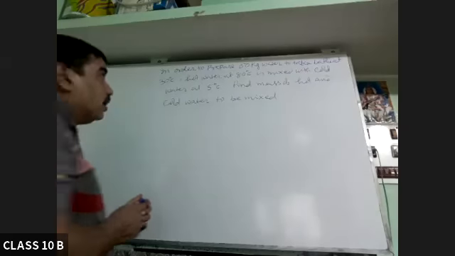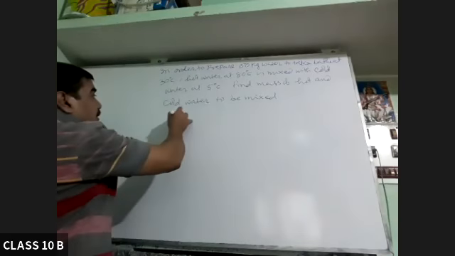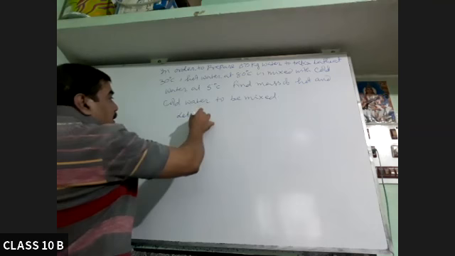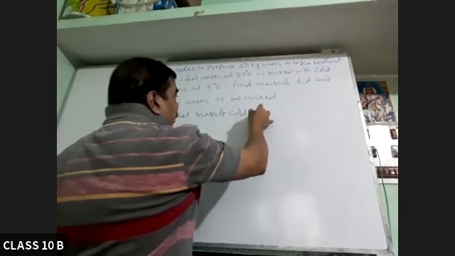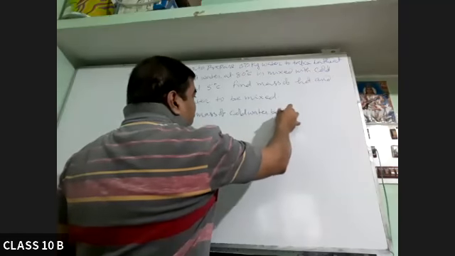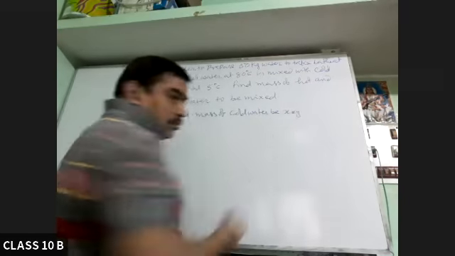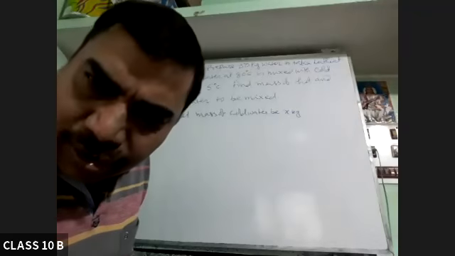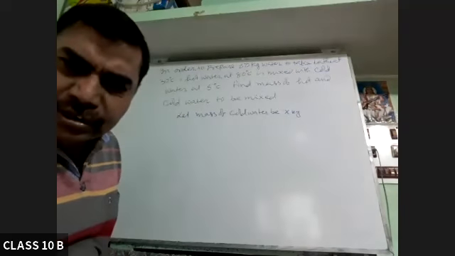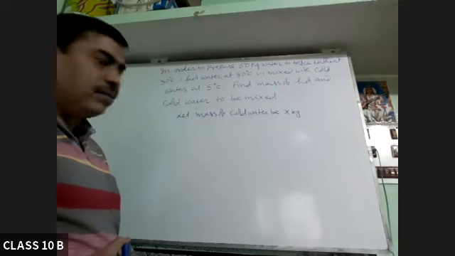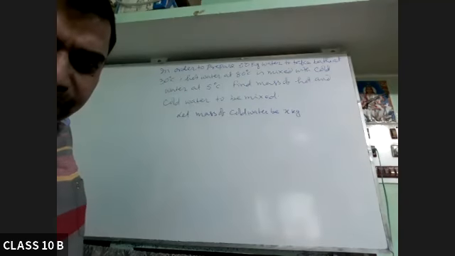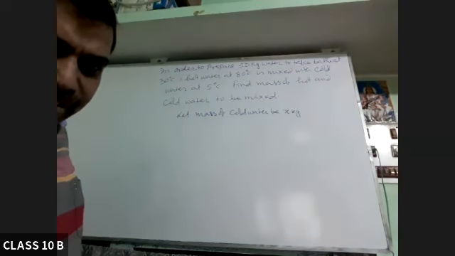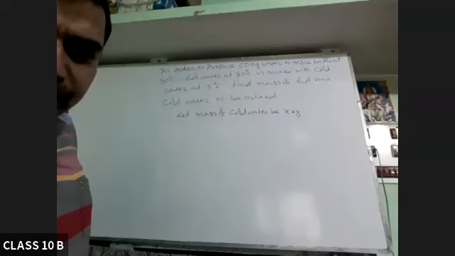It is not going in the correct direction. So suppose the mass of cold water be x kg. Okay. 18.5 gram per cc, where did it come from? You are asked to find mass, then gram per cc is not the unit of mass. Mass will be in gram, kilogram.